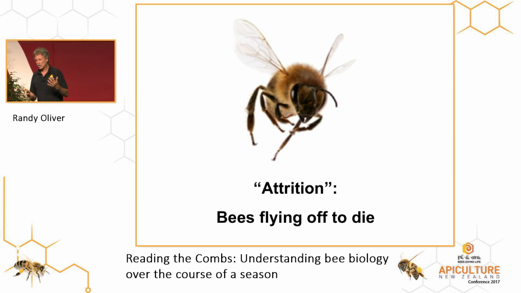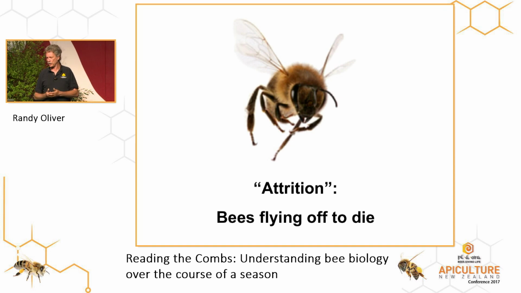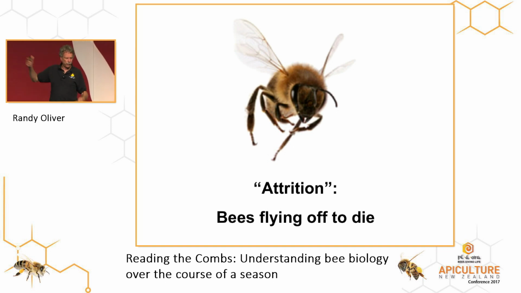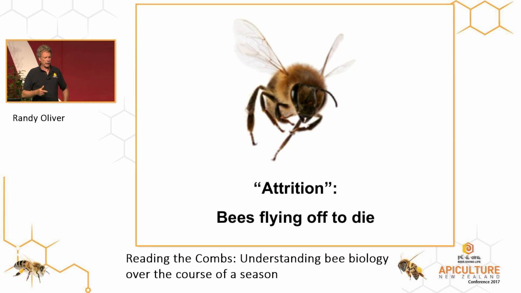If a bee starts getting sick, I should say if a bee starts feeling like it might be getting sick, it will fly out and not come back. That's called altruistic self-removal. And that's one of the ways that bees deal with any kind of infection. So if a bee has a bacterial infection or a virus infection, starts to feel sick, it just flies out before it can transmit that pathogen to its sisters. When that goes into a feedback loop, then you get this CCD, the sudden colony collapse, where a colony just depopulates itself in 3 or 4 days and the bees just disappear very quickly. That's this altruistic self-removal going out of control.